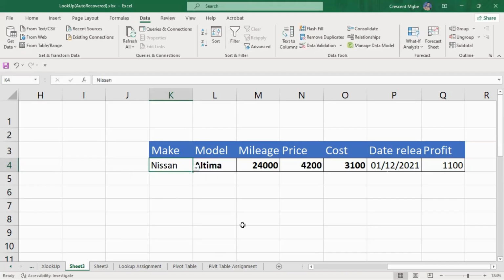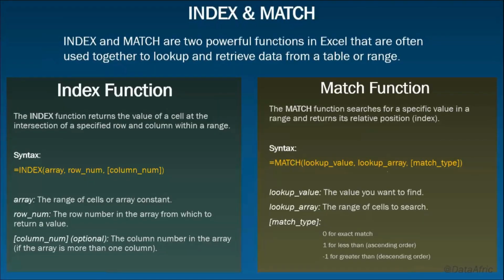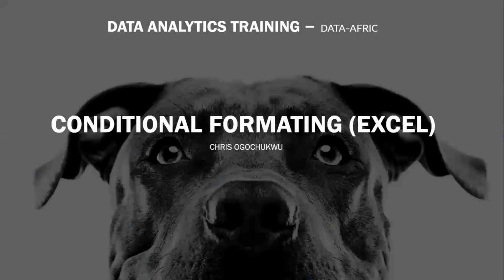So guys, we'll just jump into the next thing. So this is it about the index and match function. It's quite simple. Then we'll just go